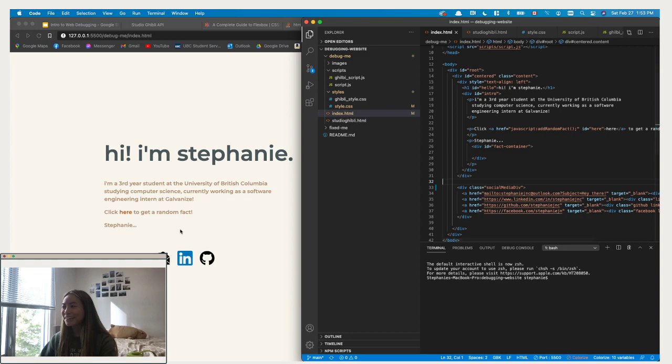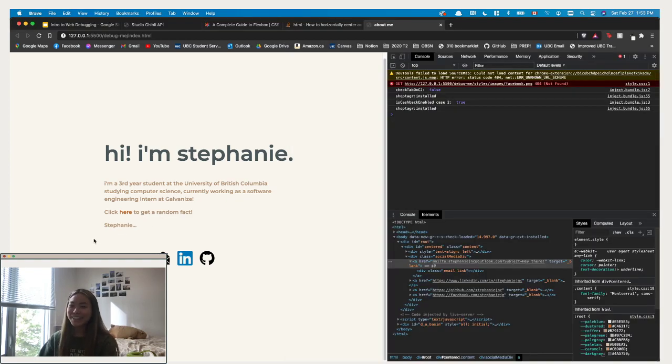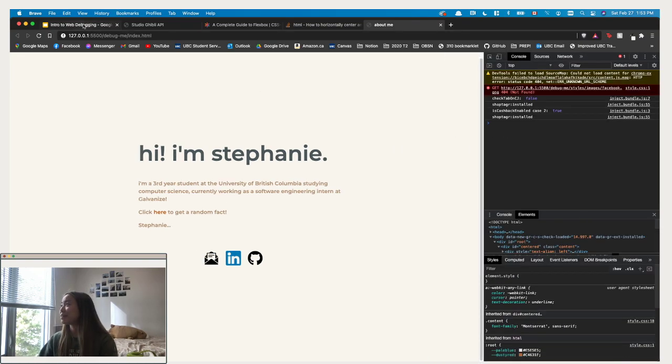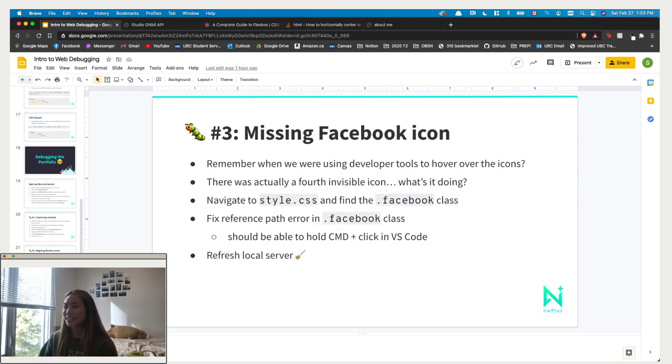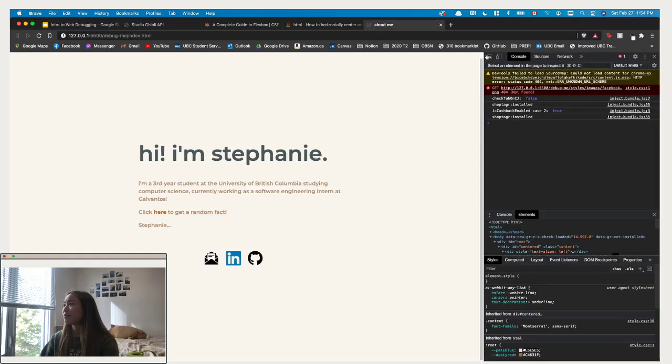And now, wow, they are in a row. Beautiful. Okay, so that's our second bug down, actually. We are moving decently fast. And then the third bug is actually very silly, but maybe some of you saw when I was demonstrating this,